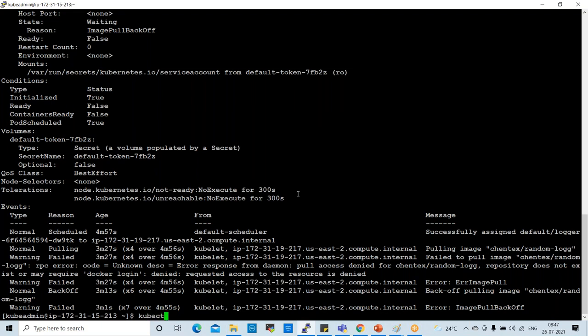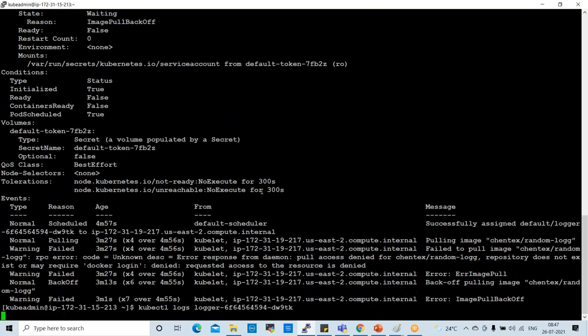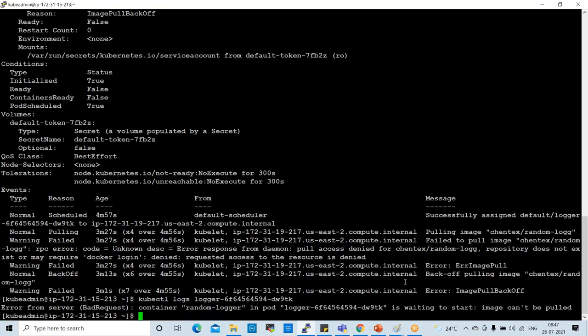kubectl logs and pod name. This also you can check. See here, it is showing error from server, bad request, container random logger in pod logger is waiting to start, image can't pull.